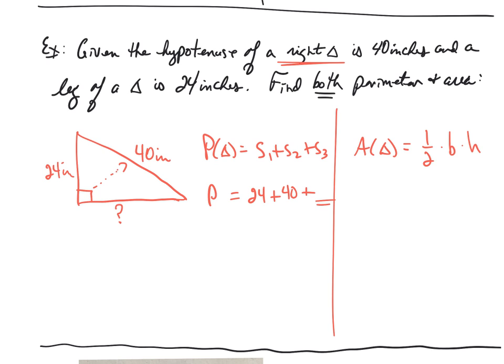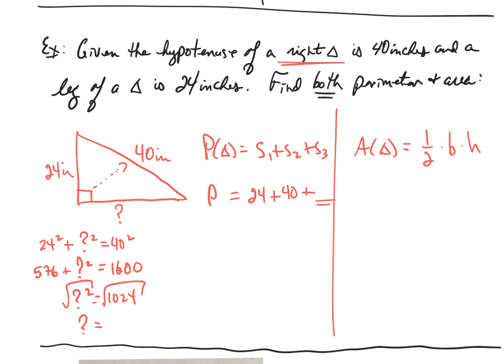Pythagorean theorem. Again, I've already indicated the hypotenuse for you guys. So the Pythagorean theorem would be leg squared plus leg squared equals hypotenuse squared. And let's punch out a little math. 24 squared is 576. 40 squared is 1600. So I'd have to move 576 to the other side by subtraction. We get 1024. And then when I get rid of the power of 2 by taking the square root,